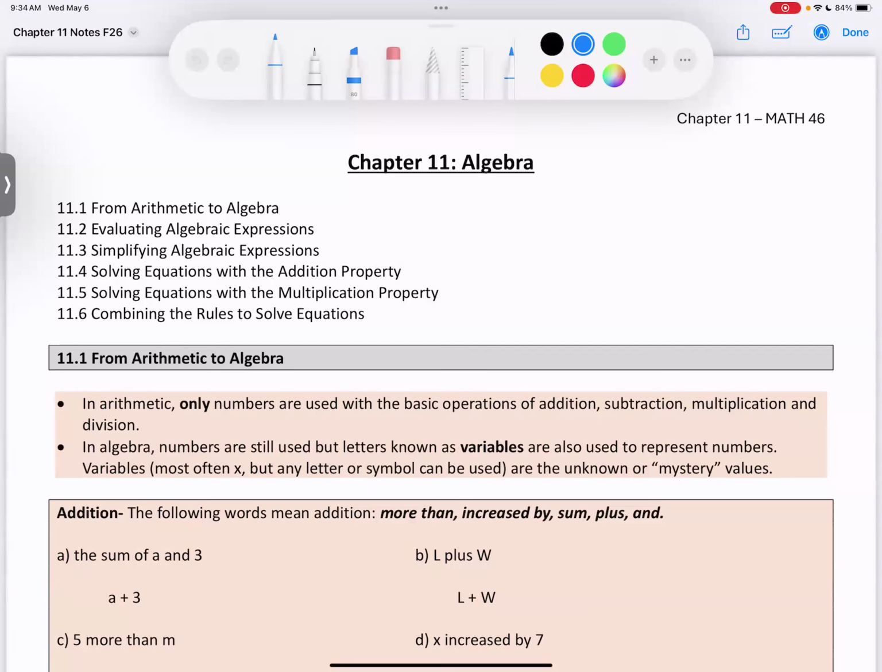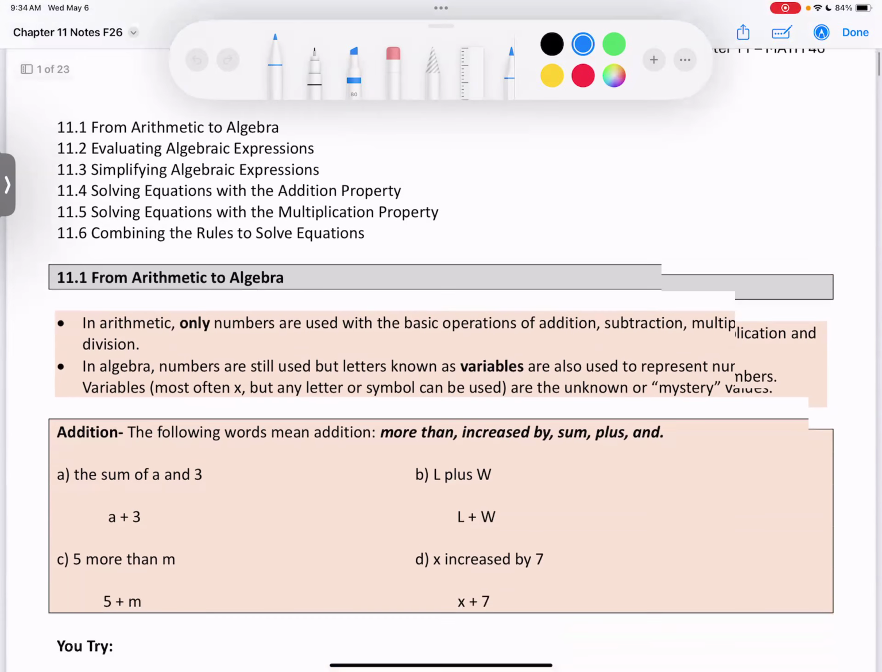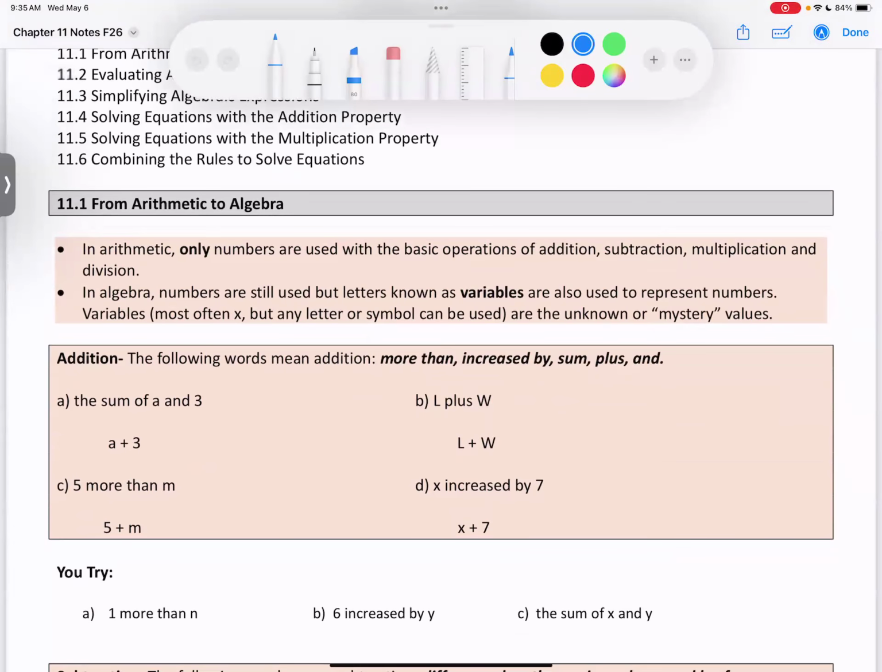So chapter 11 is our introduction to algebra, although actually we've already dealt with some algebra in this course when we were looking at percentages and using x's. So algebra is really any time that you're using variables, which are letters to represent numbers. So let's start with 11.1, moving from arithmetic to algebra and starting to learn some of the vocabulary that we're